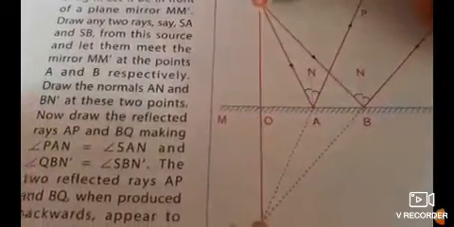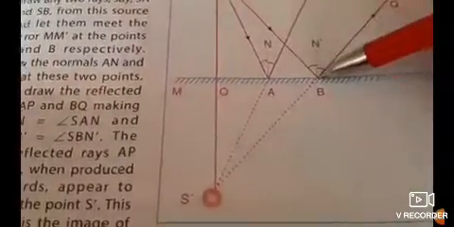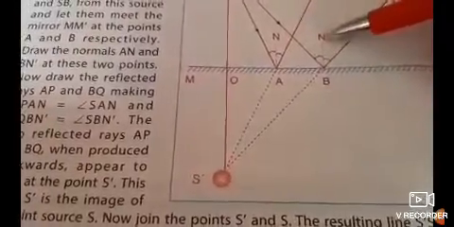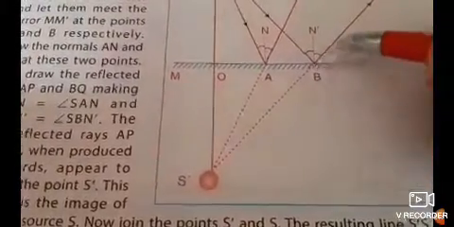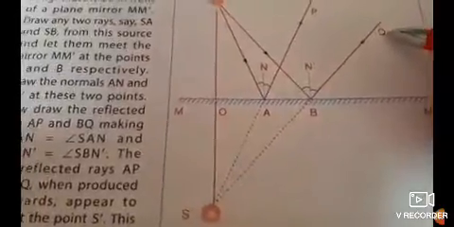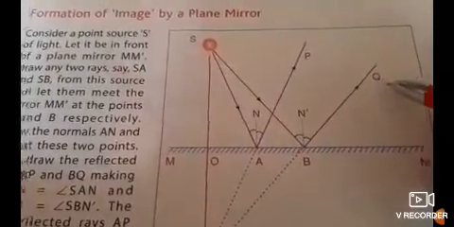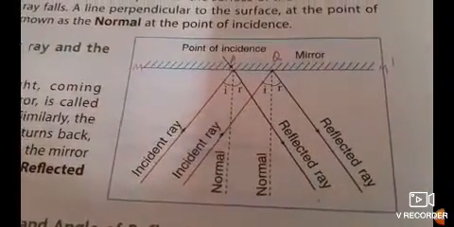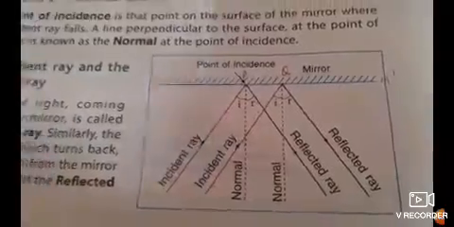Same thing we are doing with the other one. Another ray comes, it strikes the mirror. This is the point of incidence B, and there you have the normal also, 90 degrees. And then from B, it bounces back. So BQ now is the reflected ray. So this is similar to what you have done in the morning on the previous page. This one is similar to this only. Is it okay? Just the position of the mirror has slightly changed. Okay, that makes no difference.